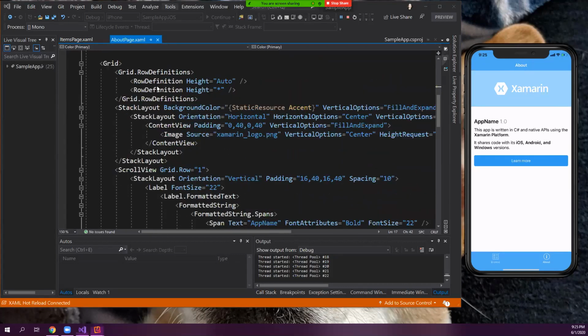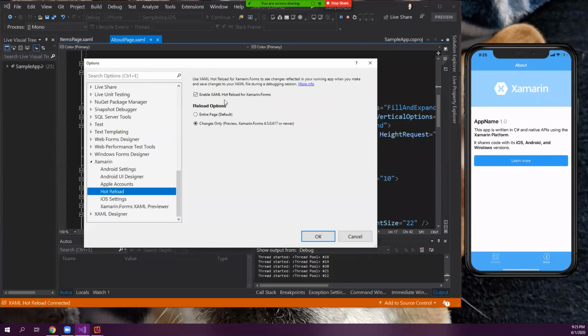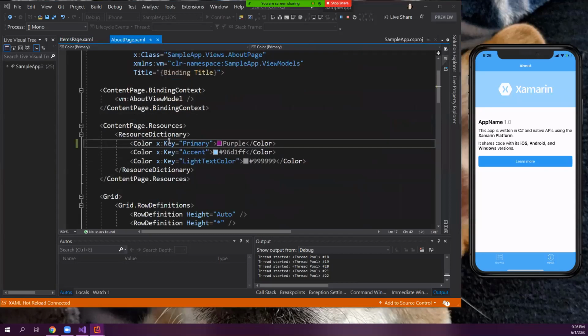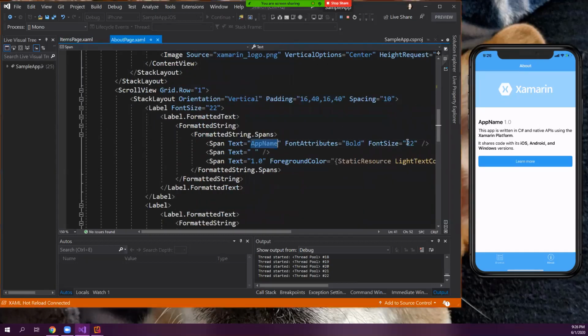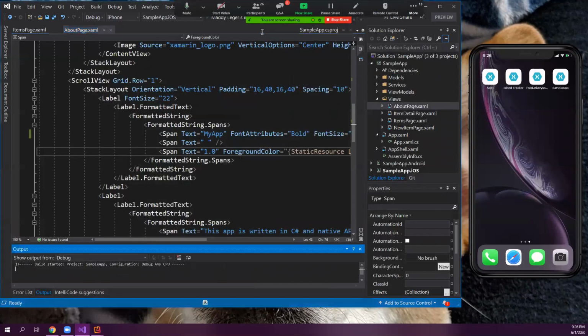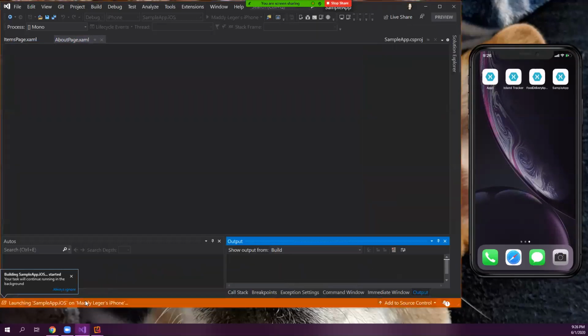Let me actually double check that this is the right thing. Sometimes I turn it off. What it should do is automatically update this page for you and show you what that purple is going to look like. So I'll try something else down here. So instead of app name, I'll just call it my app. Give it a sec. No, okay. So I'm in the preview version of this, which is supposed to be faster and better, but apparently that's not working right now. You can see preview. So we'll go back to the old way and try this. I can talk to you about hot reload forever, so I'm not going to bog you down with that, but I'm more than happy to talk about it another time.